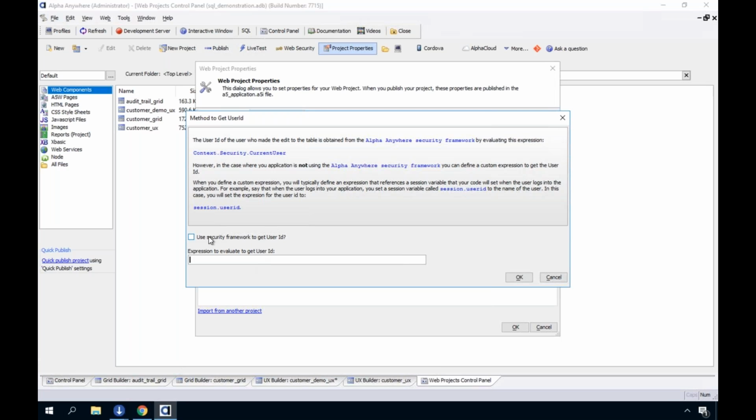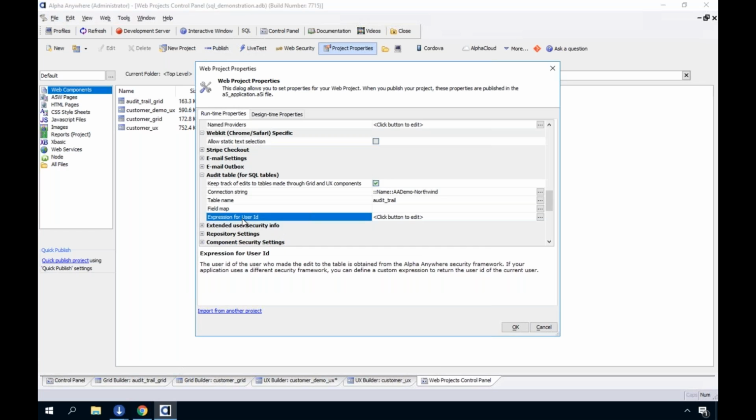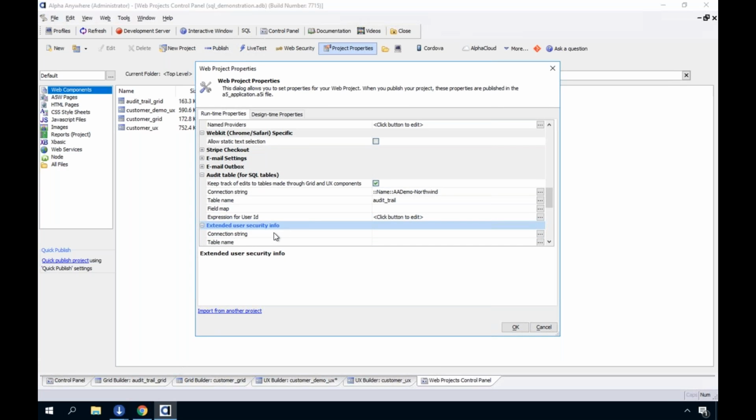And what happens is whenever it goes to insert the data into that audit trail, it takes a moment, figures out who the user is, and inserts that data with it into the security system. Very much similar to the extended user ID, where you have a table along with a repository, et cetera, to get that information. It just handles those things for you. And if you just need a basic audit trail ready to go, you can enable this, and within a matter of a few minutes, you're going to have an audit trail in your application,